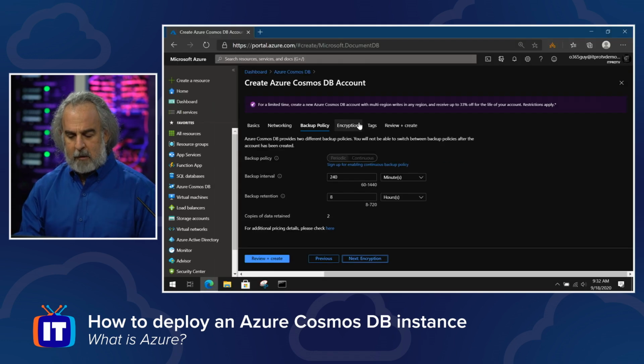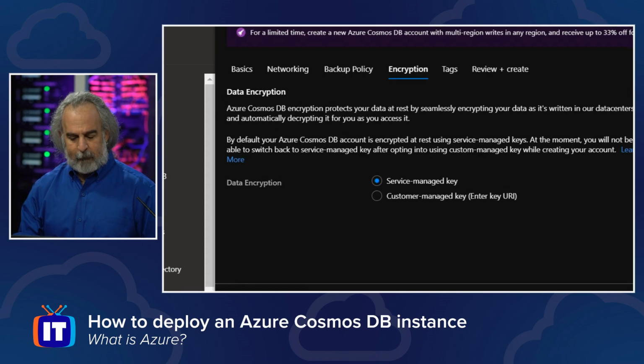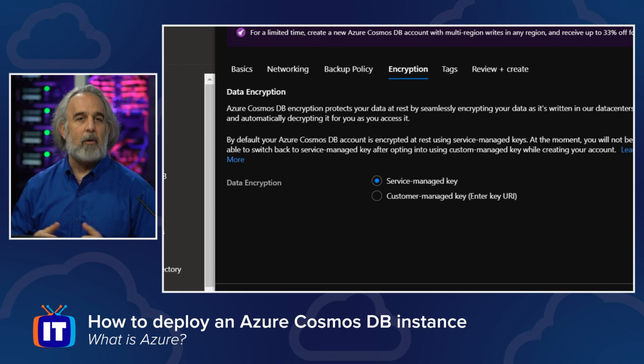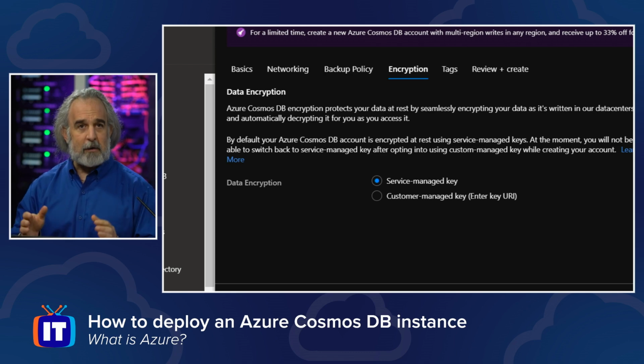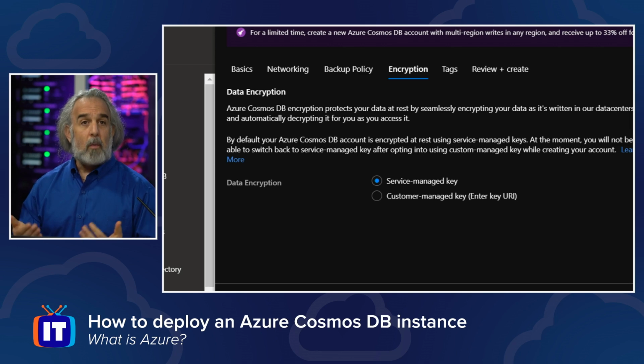And then what we want to do is go over to our encryption area, the last major area we want to focus on. And for encryption, we have to make a very important choice. Whether we, as the customer, the person who's going to ultimately own, or the organization that's ultimately going to own this instance of Azure Cosmos DB, do we want Microsoft to manage encryption and secure keys for encryption on our behalf? Service Managed Key gives us that option. Again, remember, Microsoft's managing everything already. We want to probably let them do that part as well. But if we have a need to use customer managed keys, we can choose that.